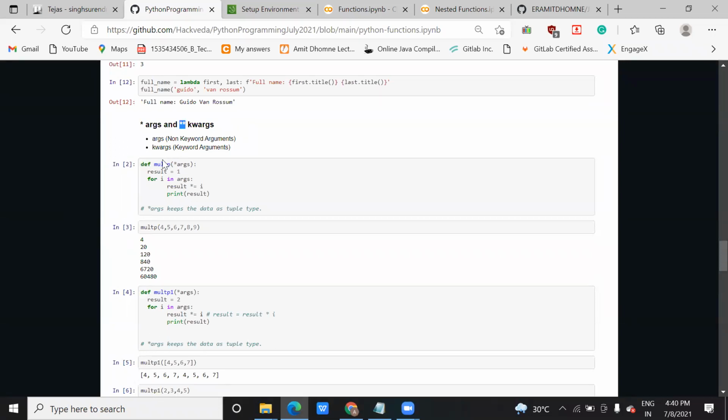So here you can see this is the function, and I'm passing asterisk args. What do you mean by this? When you want to pass this set of values, you can see 4, 5, 6, 7, 8, 9. These are the set of values. So when you pass this set of values to this multiply function, how are you going to implement this? With the help of the argument. Till now we have seen only one argument being passed, as I've shown you previously, only the name, right? But in case you want to pass more than one argument,